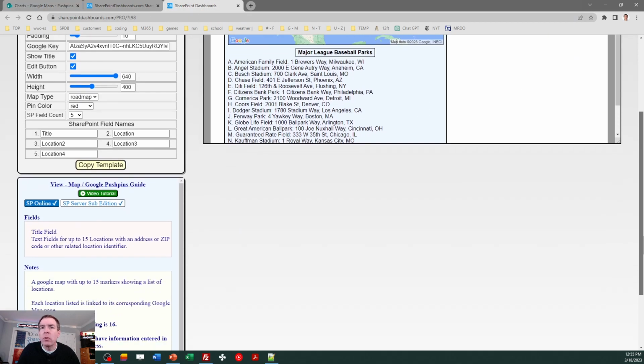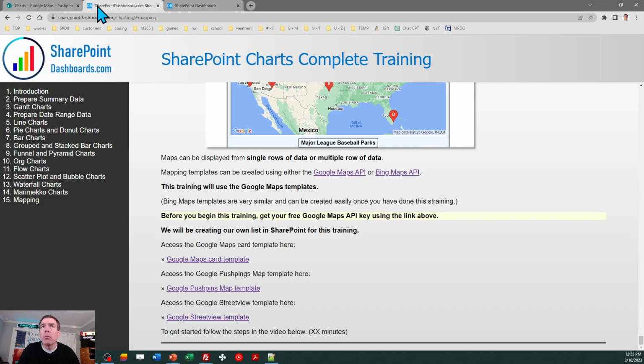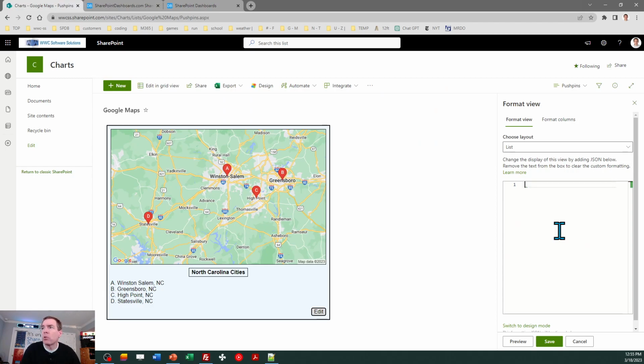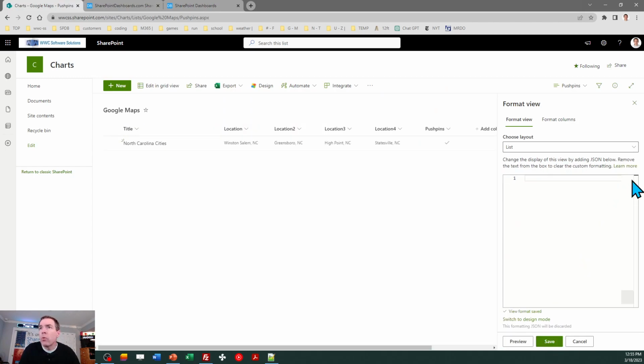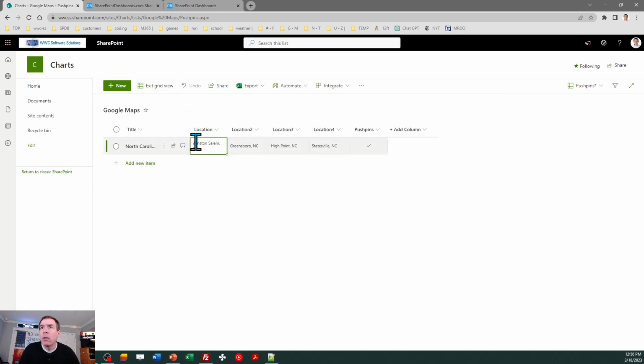So in the directions, if you scroll down, it tells you each location field must have information entered in this format. Label, whatever kind of text you want, colon, and then the address, or however the information is. In my case, I just put it as city and a state, and that works also. So let me update my information for push pins to enter that information. So let me remove the formatting for the moment, and I'm going to do edit in grid view just to speed things along,